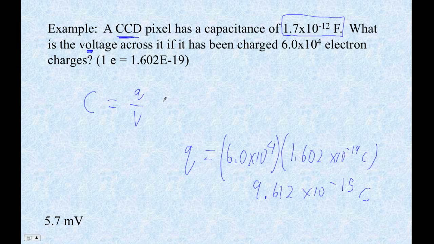Now we're set. Now we can use our formula, and we want to know what the voltage is, right? So the voltage is going to be charge divided by capacitance, right? So that's going to be 9.612e-15 coulombs, and then that's divided by the capacitance, which is 1.7e-12 farads, and a coulomb per farad is a volt. Okay, so I'm going to divide this guy by 1.7e-12, and I get my answer is